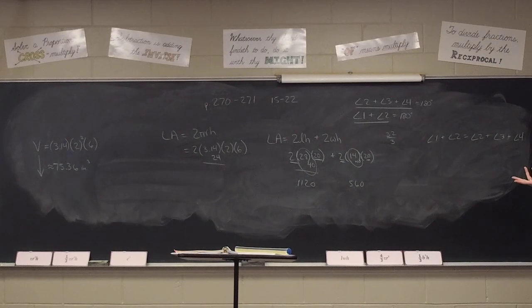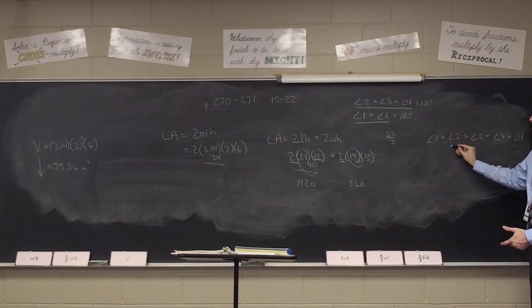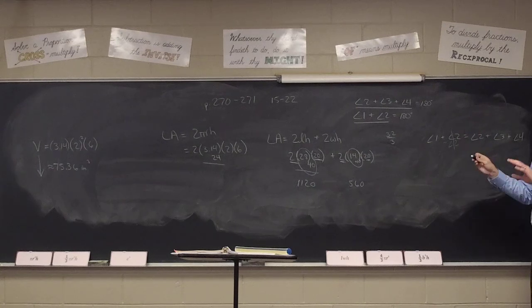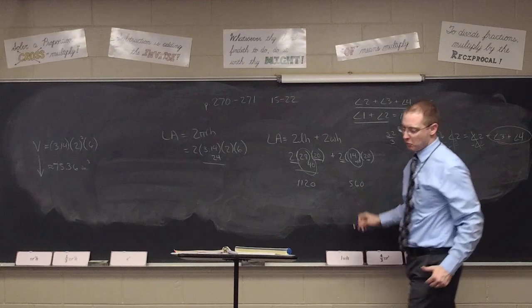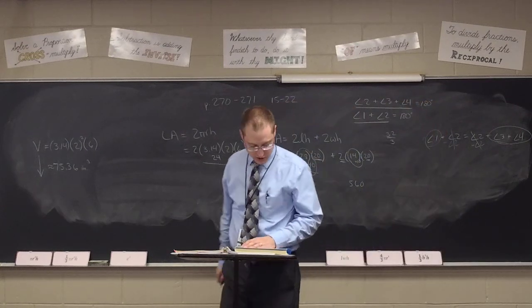Because they're both 180. But then if we were to just take angle 2 off of that 1, 2 pairing, and we were to take angle 2 off, right? Because as long as you subtract what you do to one side, you do to the other, that would leave us with 1 equaling the sum of 3 and 4. That's the reason why. Kind of an interesting question there.